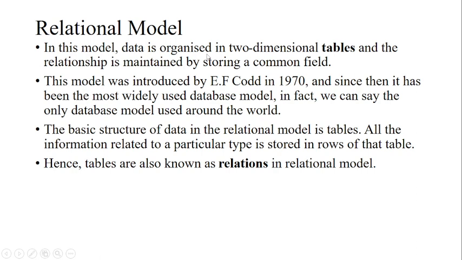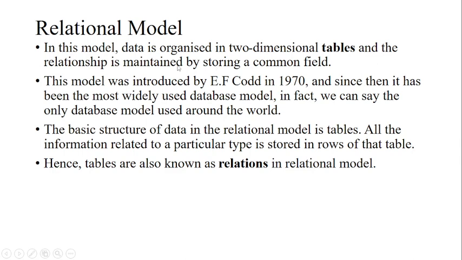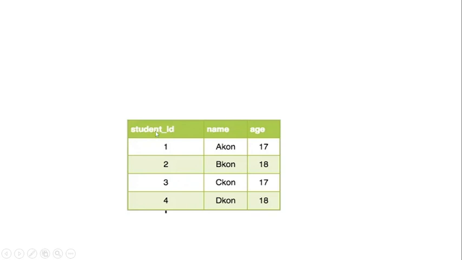Here, data is organized as we discussed earlier. In the relational model, we should understand that there is a table. Table means two-dimensional, with rows and columns like this. We can say it is a two-dimensional structure, and relationships are maintained by storing a common field, like student ID and name here. Student ID is 1 and name is Akon, so we can store the data like this, so that we can easily understand that the row has student name Akon, student ID 1, and age